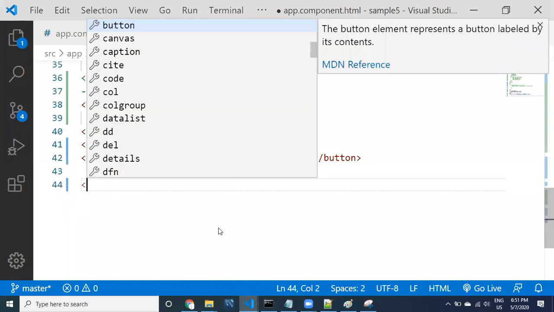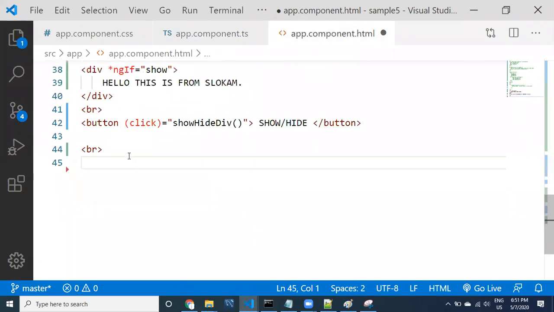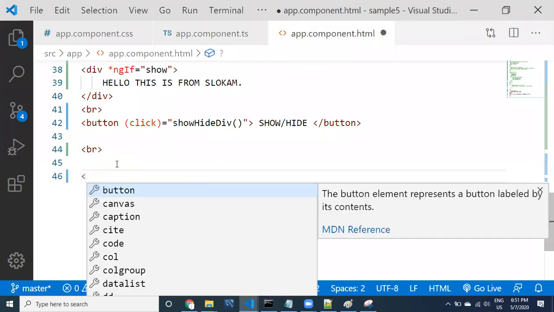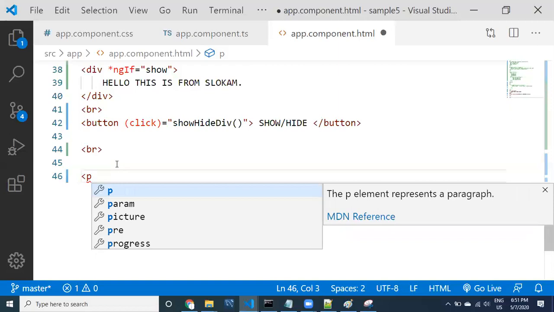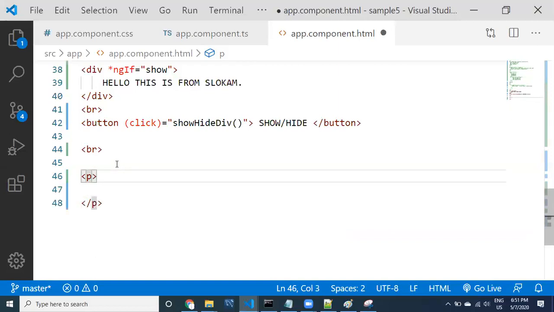Here, let me take the break. Inside the break, I want to take values one by one from the array. To take one by one value from an array, I definitely have to use a loop. Each value may be displayed in a div or paragraph, whatever you want. I'm going to take a paragraph now. I want to display every value inside the paragraph, one by one, but which values would I like to print? Only the even numbers.